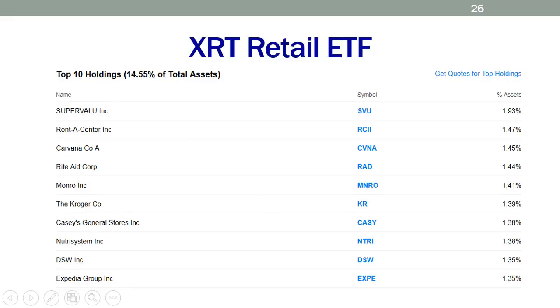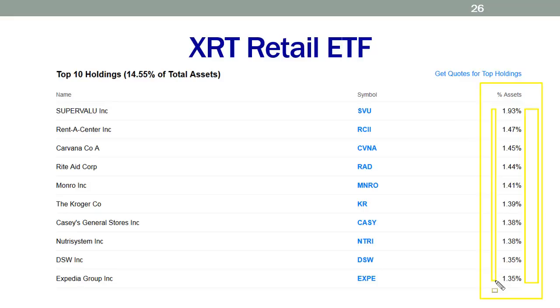This is the top 10 holdings. First of all, inside of the top 10 holdings, one of the first things I look at, again, is everything on a percentage basis. It's a nice cross section, a smattering, if you will, in the retail world. Most of the time when I look at these sector ETFs, they're very disproportionate, 20% here, 10% there. But this one, again, is a nice cross section, except that the number one product over here just